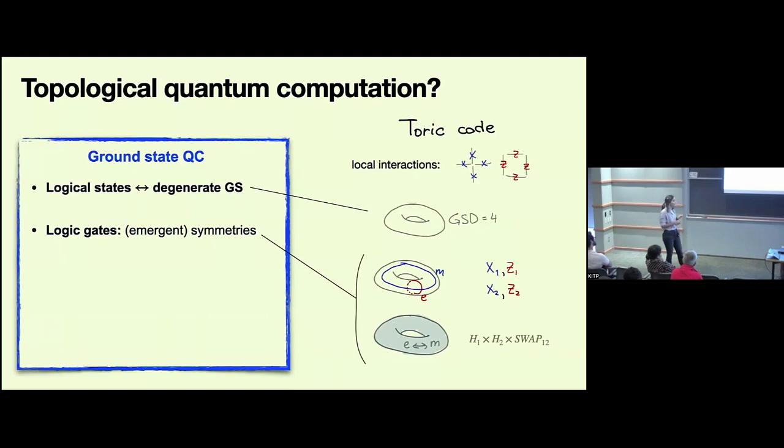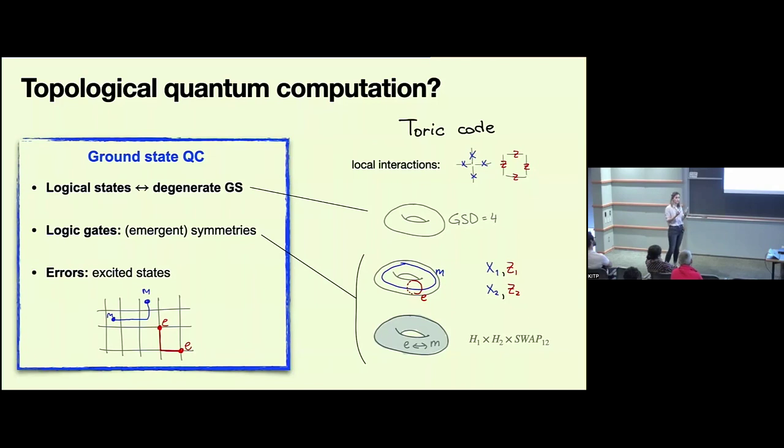And then there are also global symmetries that, in this case, I'm showing one corresponding to an automorphism, but with copies of the Tori code or boundary conditions, we can actually have many of those symmetries, and that covers a large class of gates, and that's very nice for quantum computation. And I will explain just in a bit why these symmetries provide such nice gates. And finally, we can measure these local operators and detect the excitations.